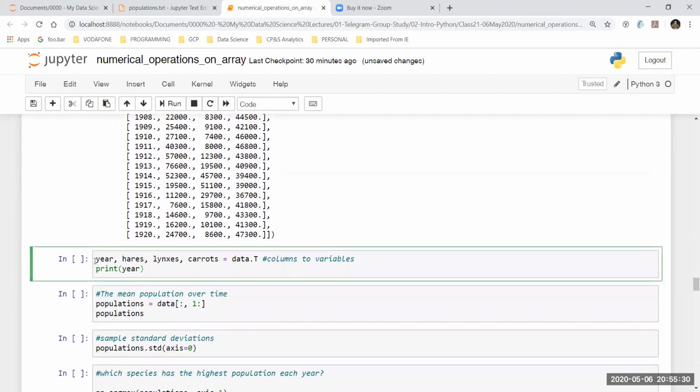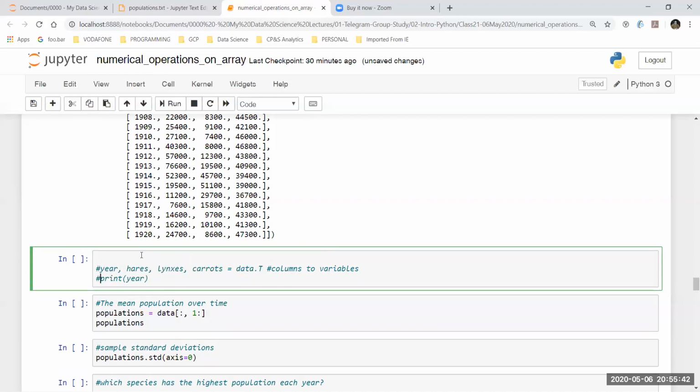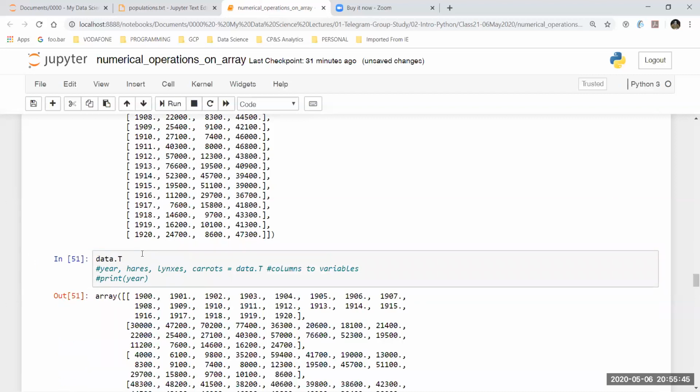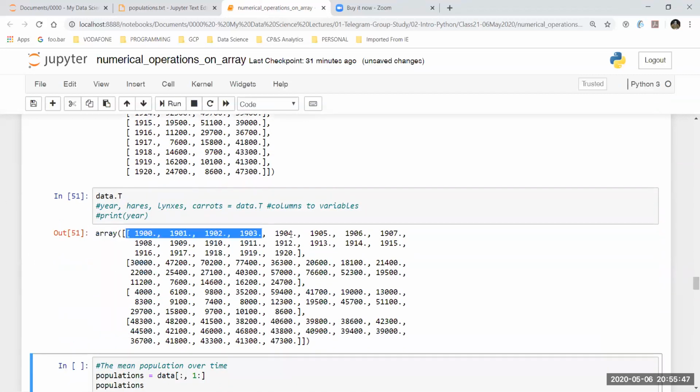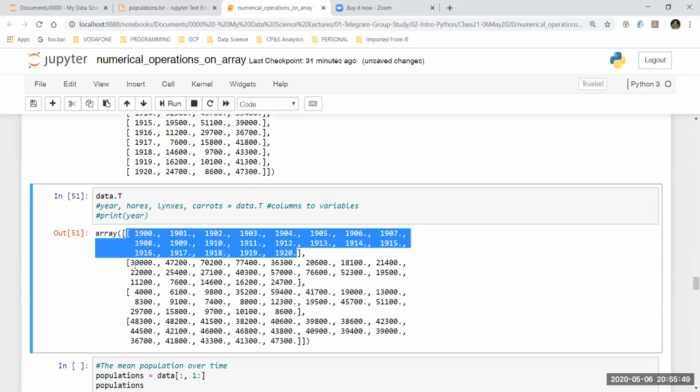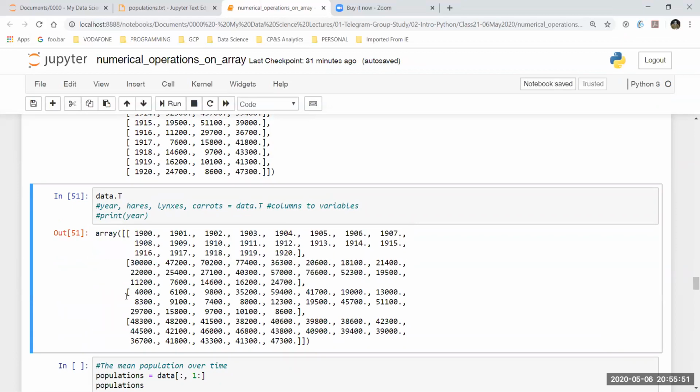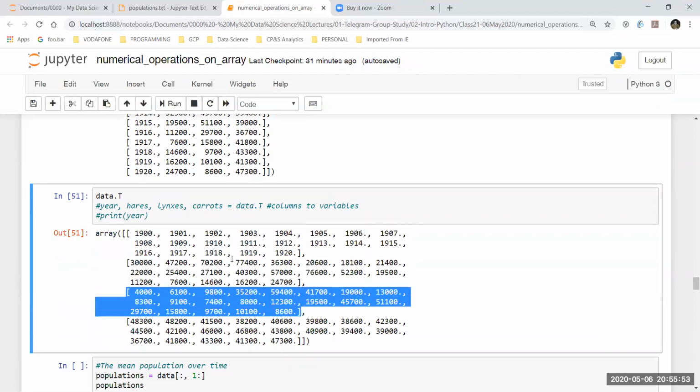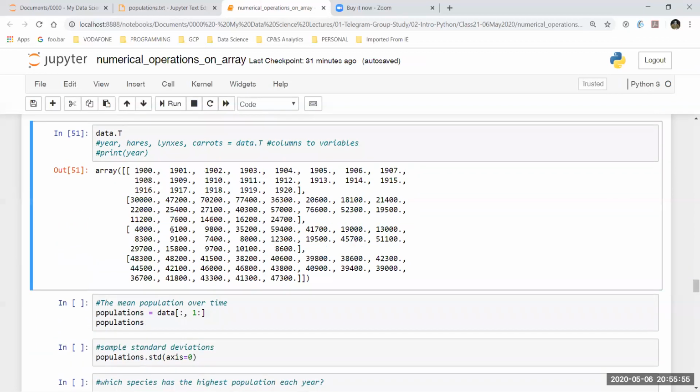A very easy trick in Python is that I write the names of the variables where I would like to have the data, and then I just call data.T. Let's say I'm going to comment these two lines as of now, and if I print data.T over here, it is simply going to divide the entire data into 4 one-dimensional arrays. Each one-dimensional array becomes one of the columns in the data. Example, if you had 4 columns, the data will be broken into 4 one-dimensional columns.